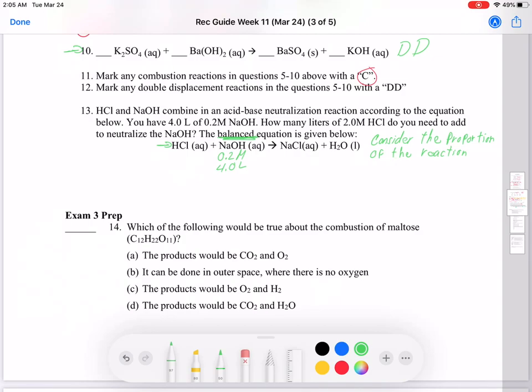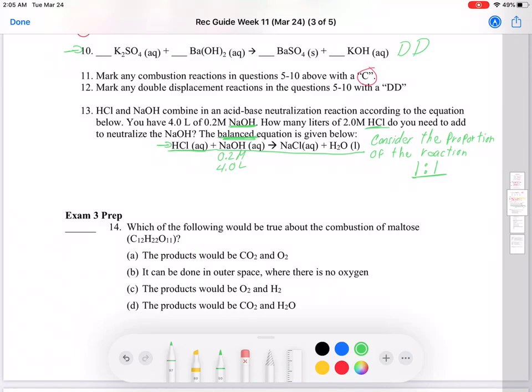What I mean by that is they are asking me to compare sodium hydroxide and hydrochloric acid. How is the ratio between hydrochloric acid and sodium hydroxide? In this case, I can tell right away, because this is a balanced equation already, that this is a 1-to-1